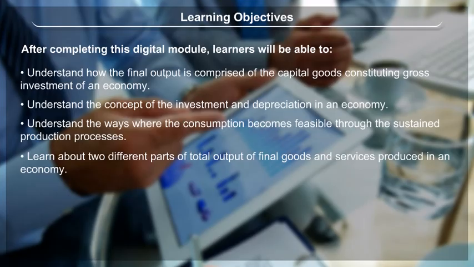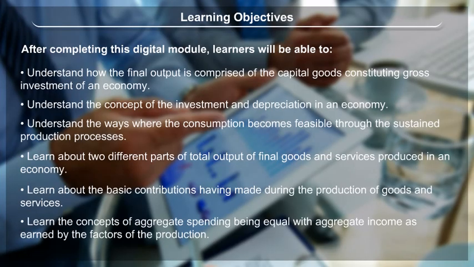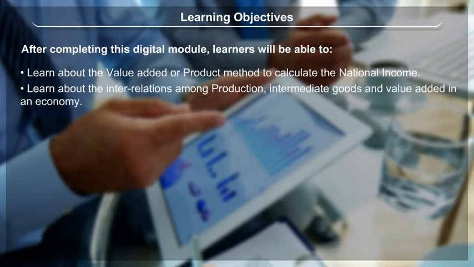learn about two different parts of total output of final goods and services produced in an economy, learn about the basic contributions made during the production of goods and services, learn the concept of aggregate spending being equal to aggregate income as earned by the factors of production, learn about the value added or product method to calculate the national income,